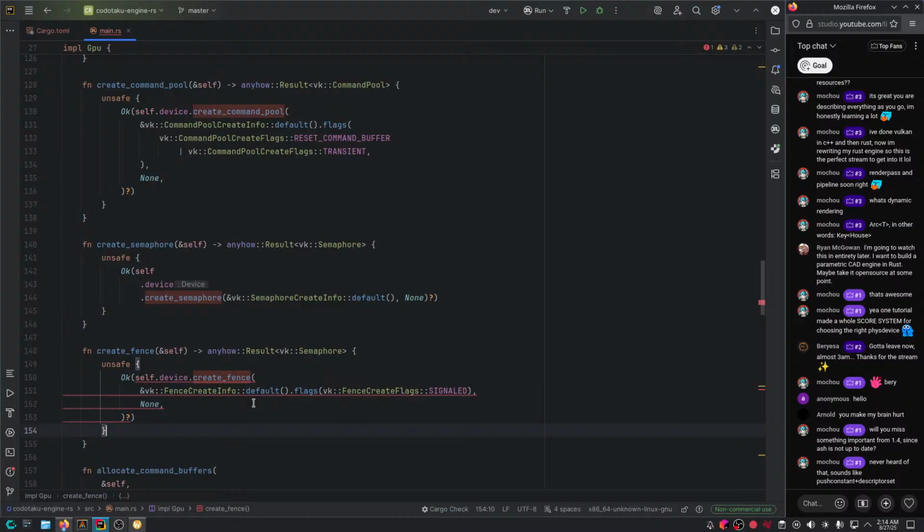But with push descriptors, we only have a descriptor set layout. We just tell the GPU what kind of descriptors we're going to have, and we just push them directly into the GPU, like in the frame, where it's like draw, literally. So basically, it's like dynamic rendering, where we don't need extra objects like render pass and all that crap. With push descriptors, we remove some other objects that are very annoying too.